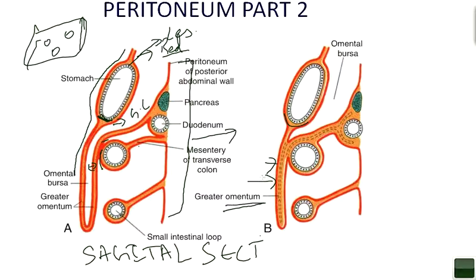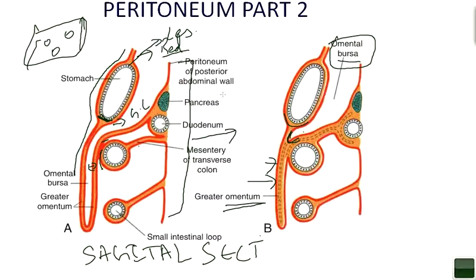This is the concept of the building of the greater omentum, and how this omental bursa is formed. After the fusion of these two, they form a space. We call it the omental bursa, and the tunnel going in front of it is called the epiploic foramen or foramen of Winslow. I hope you got a clear view of the developmental image.